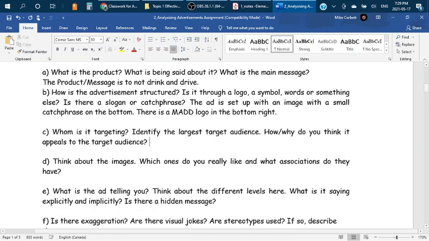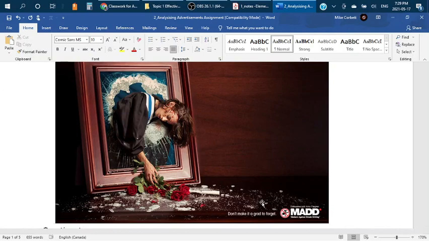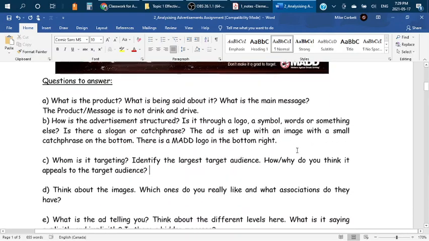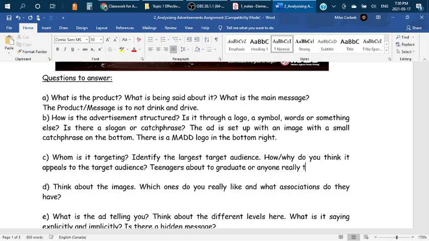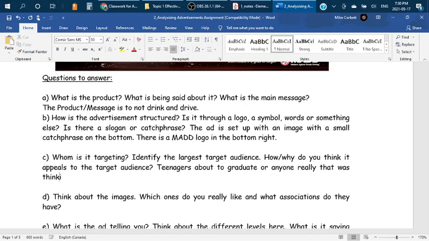So in this particular case here, there could be a couple of different good answers, but I think for this specific one, I think it's specifically targeting teenagers about to graduate, or anyone really that was thinking of drinking and driving during